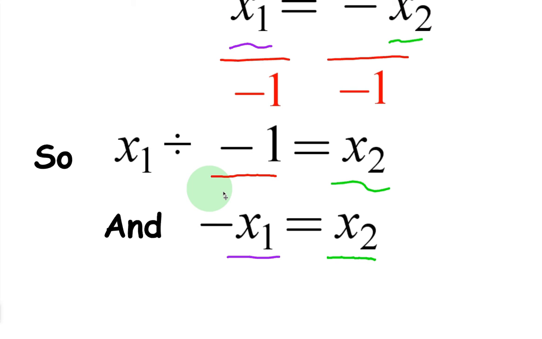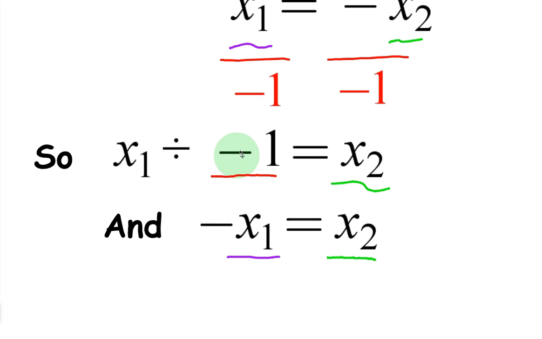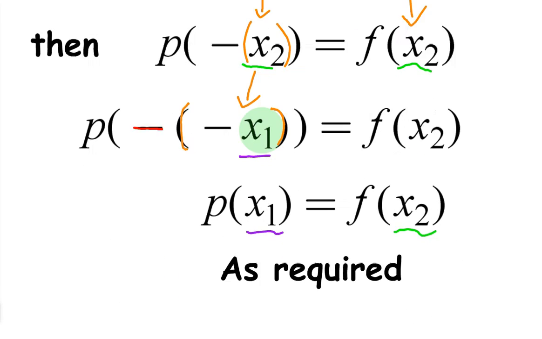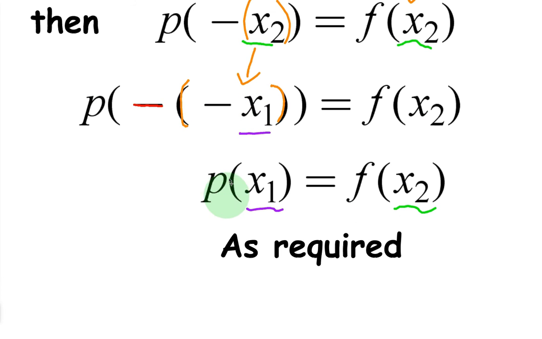And therefore, if we want to simplify it even further, we can put this negative out front and say that negative x1 equals x2. So what does this ultimately tell us? When negative x1 equals x2, first of all, this is what we were given, p of negative x equals f of x. We can replace x with x2, right? And we know that x2 is equal to negative x1, so we can do another substitution. And double negative equals positive right here. Negatives cancel, so this proves that this will give us p of x1 equals f of x2. In other words, it will give us the same y values,